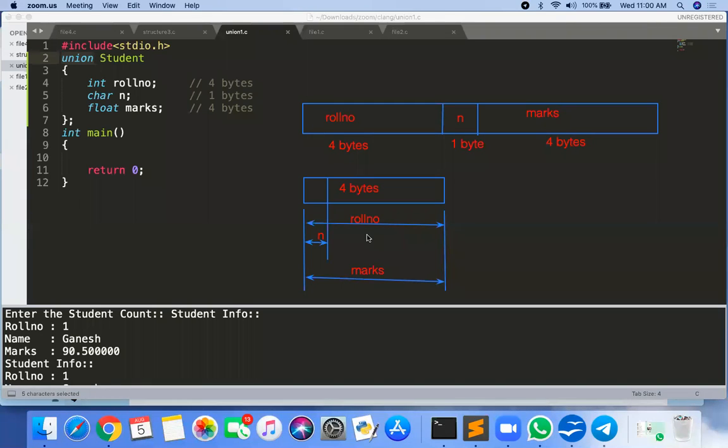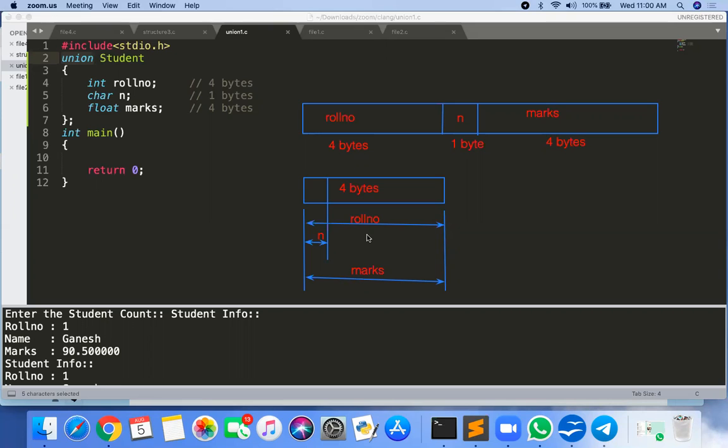So what I'm doing, I'm creating one union marks which contains the marks of GRE and the marks of TOEFL. If I appear for the GRE, then I store the marks of GRE. If I'm going for TOEFL, then I store the marks of TOEFL into that particular union itself. So I have to store only either of the two.